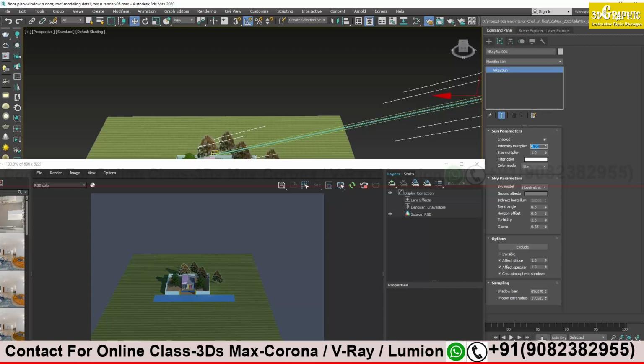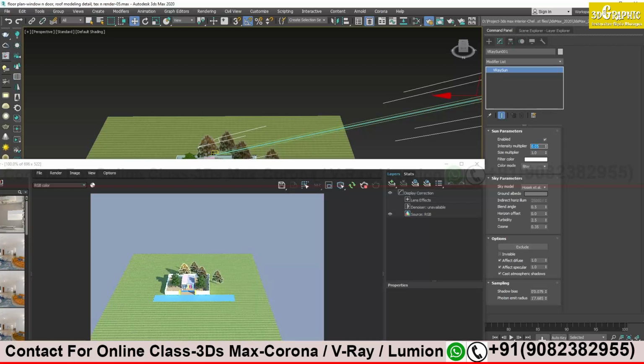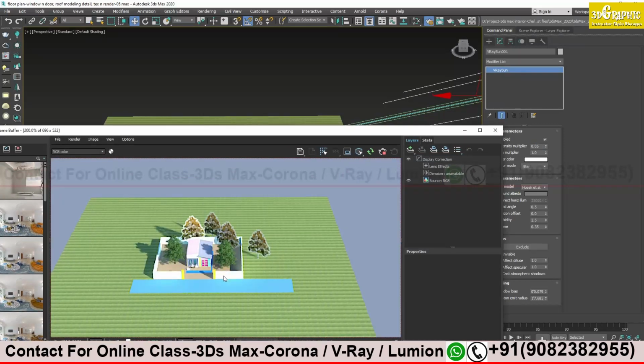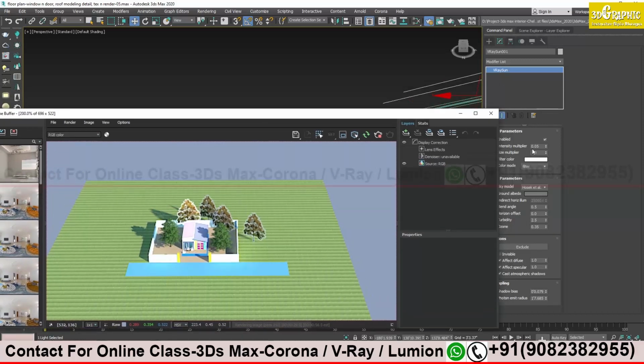Okay, it's like a night scene, no? 0.05. Let's increase a little bit, better. I think that's okay, because be careful with white color, no, because with a little bit of your exposure the white color starts burning. Okay, so always try to use a little bit of off-white, not very pure white, but yellowish white or a little pinkish white. That will be helpful. Okay, so I will keep this intensity 0.05, it is okay for me.